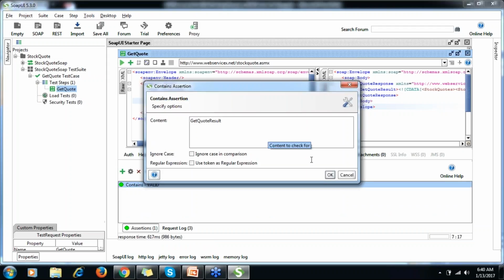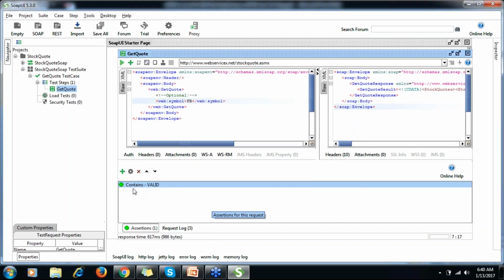So one point to remember, team, your assertion validation always happens on your response, not on your request, because we have to verify whatever we are getting from the server. We know what we are sending, but we don't know what we are getting from the server. So that we need to assert. In many interviews they can also ask this question, where we put assertions. So the correct answer is response, because we have to verify the response, right? We have to validate that.